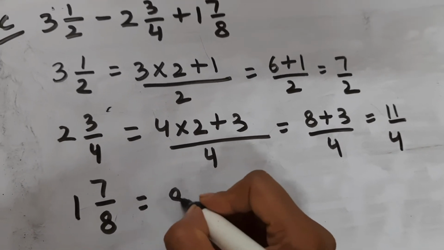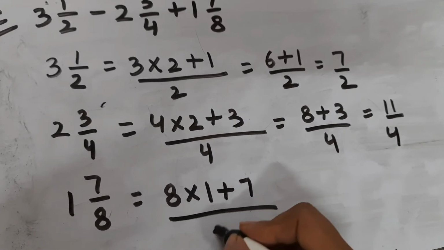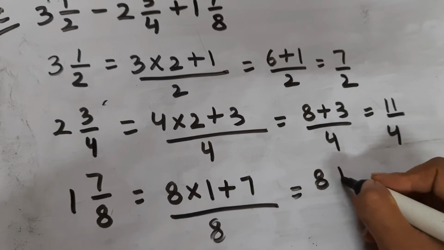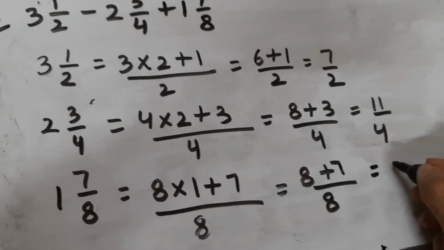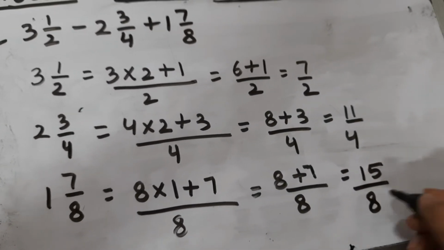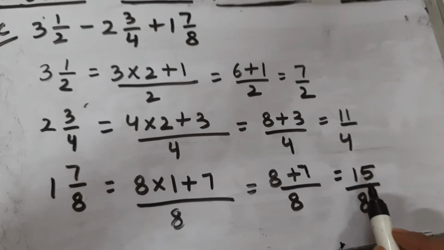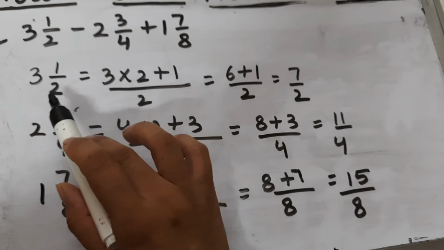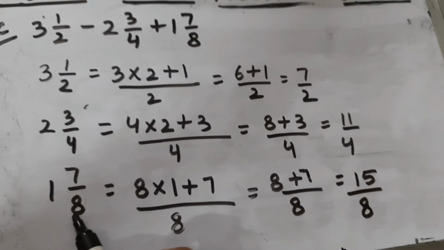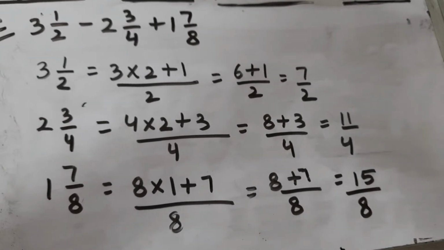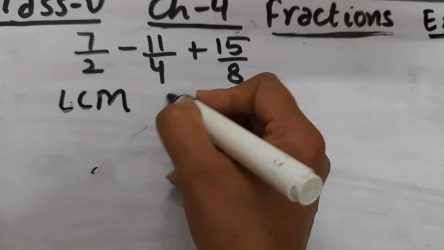So multiply the denominator by the whole number part, that is multiply 8 by 1 and add 7 to it, and denominator will be as it is. So this will be 8 plus 7/8, which is 15/8. Okay, now we have to simplify 7 by 2 minus 11 by 4 plus 15/8, because 3 1 by 2 has now become 7 by 2, 2 3 by 4 has now become 11 by 4, and 1 7/8 has become 15/8. See, the denominators are different, so we have to make the denominator same by taking the LCM